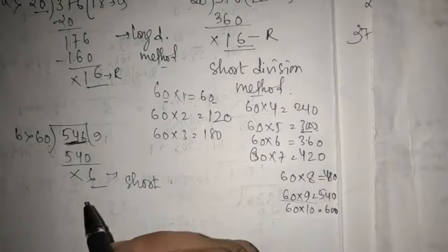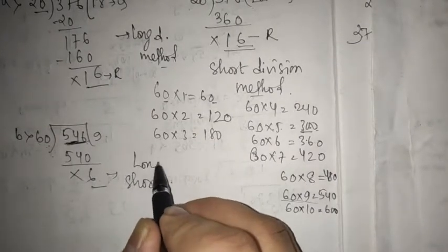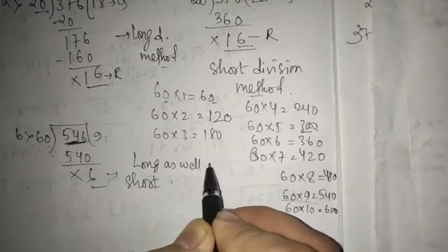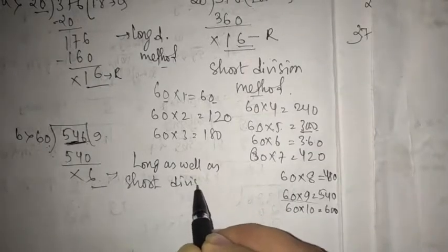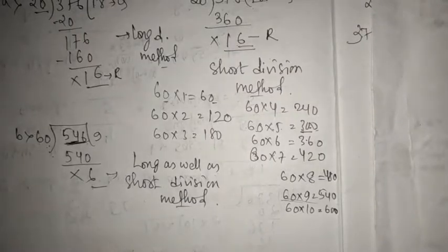So this will be long division and short division together. Okay, so it is long as well as short division method. Alright, I hope you have understood this. Let us now proceed to the question number